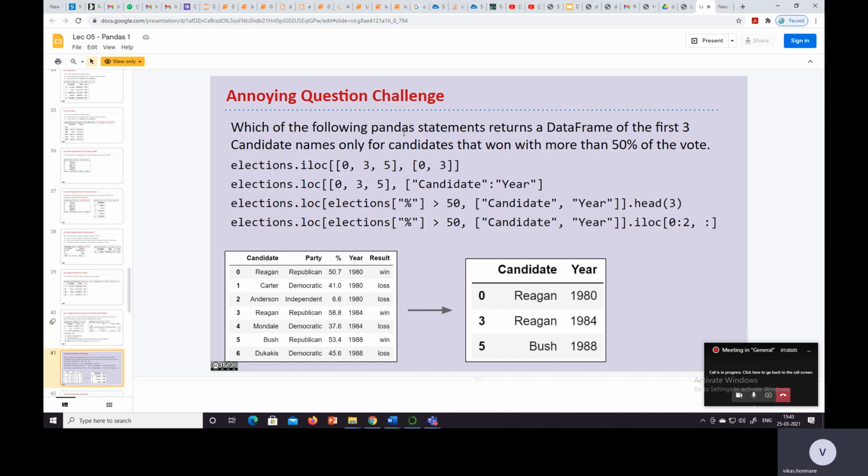We want a data frame of 3 candidate names, only for candidates who won with more than 50% of the vote. These are some of the queries.